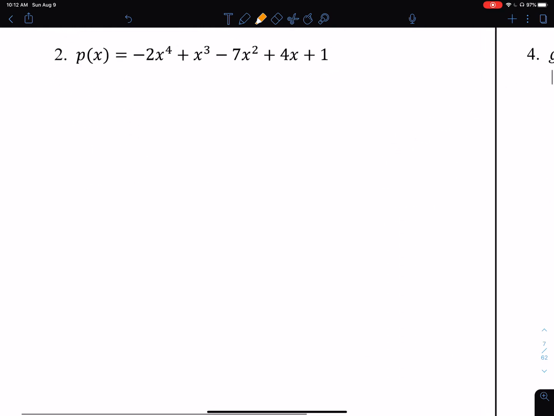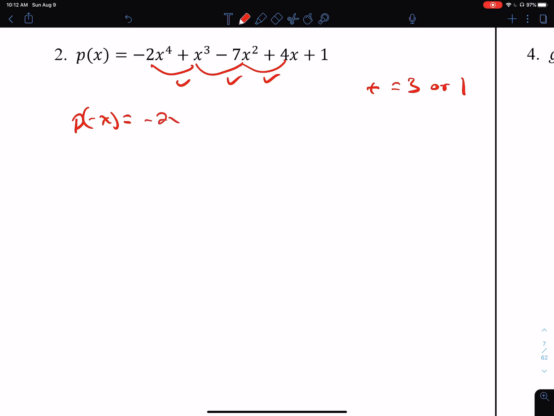Let's check out P. How many sign changes? 1, 2, 3. So there are 3 or 1 positive real zeros. P of negative x, if the exponent is even, I leave it alone. If it's odd, I change the sign. Even, leave it alone. Odd, change the sign. Even, leave it alone. Odd, change the sign. Constant. There is 1 sign change in this, and that's from here to here. So we know for sure that there's 1 negative real